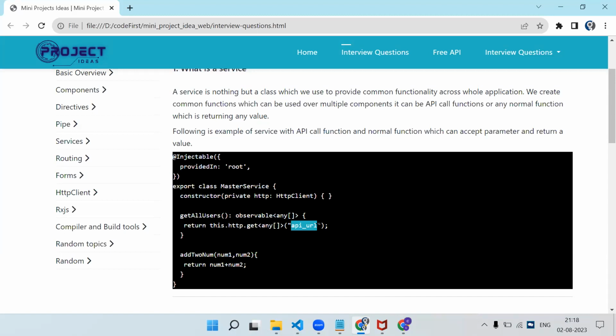But by using a service, you are keeping that code at a single place, and wherever you need the response of users, you are going to create an instance of the master service in that component, and then you can subscribe to this function. Now, first two things we have achieved here.